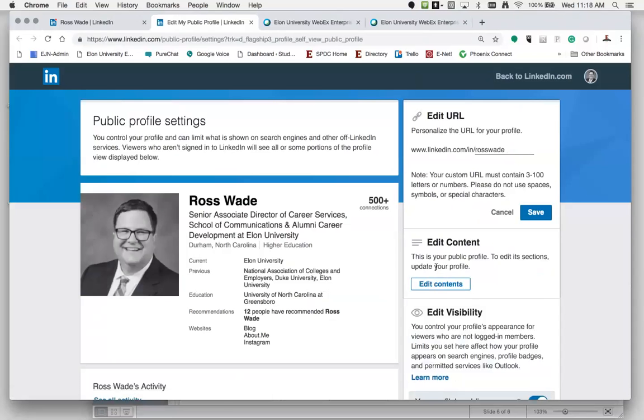And this is an important feature, because what LinkedIn automatically does is it just gives you this really long URL. And what you want to do is customize it, because if it's short and it's sweet and it's customized with your name, it can be used in your resume header, it can be used in your email signature. It just makes it much easier to share. So I do recommend that you customize that. And of course, like I said, I did mine 11 years ago, so I was lucky enough to get my first and last name. But if you have a name that's already been taken, it's fine to add a number or something like that. But again, I think that's a really important thing that should be done.